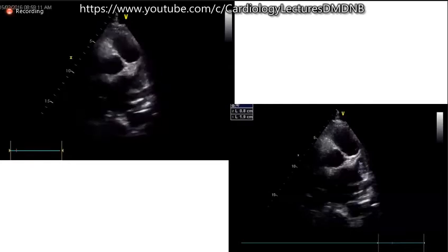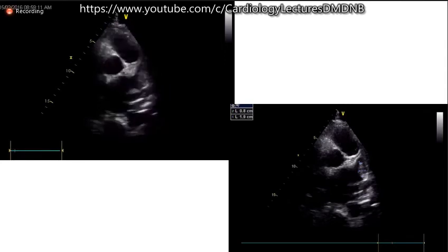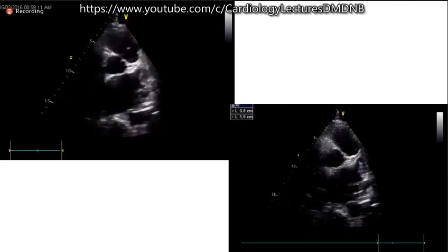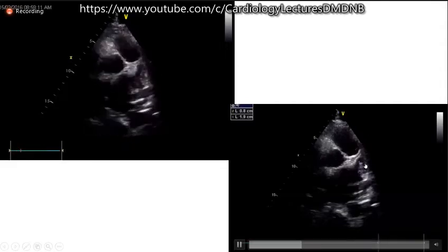So, the left atrial appendage is classically picked up in the transesophageal echo, but you can sometimes pick it up in the transthoracic echo also, especially in two views. One is the short axis view at the aortic valve level, and the second is the apical four chamber view, where you can tilt the transducer slightly to the left, and you may be able to pick up the left atrial appendage. Here you can see actually a clot in the left atrial appendage picked up in a transthoracic echo.